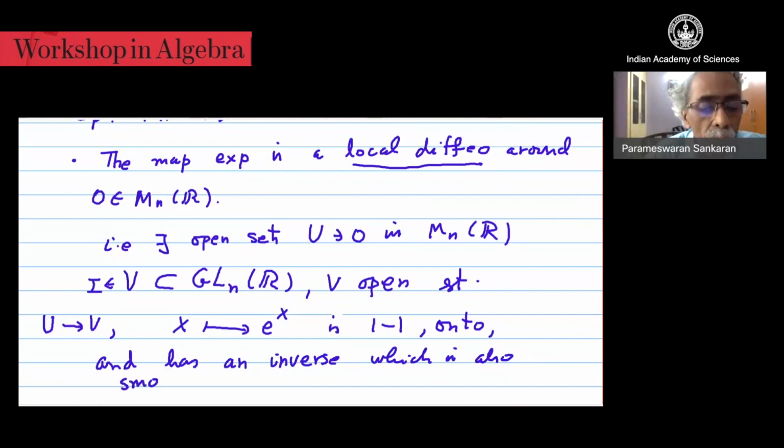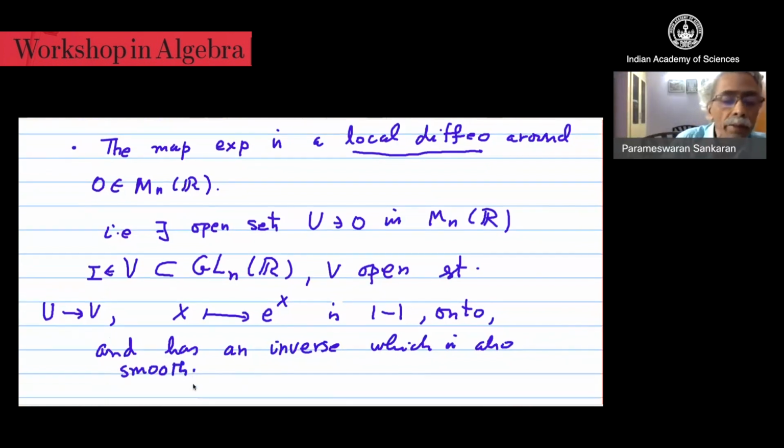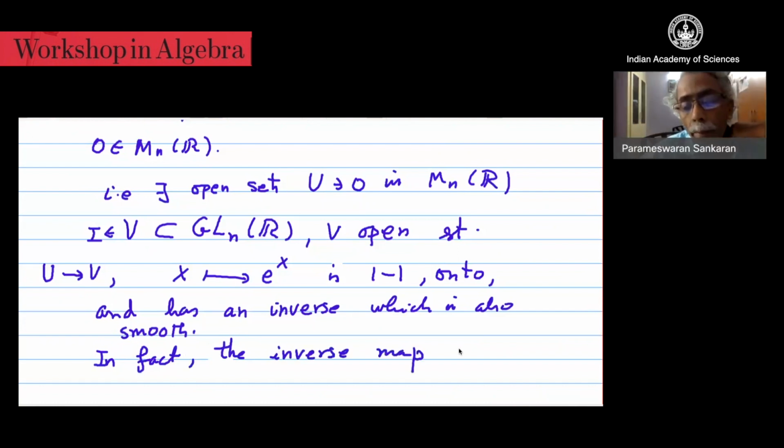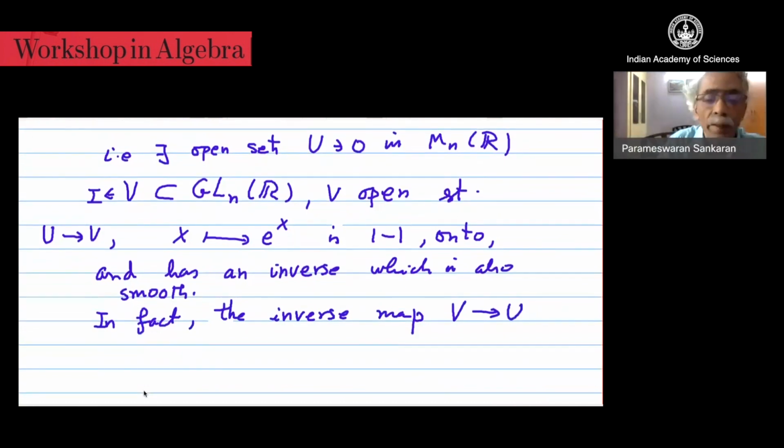Of course, exponential is always already smooth, so we know that. But the inverse is also smooth. In fact, we can choose the inverse. I make the statement and then I'll explain. In fact, the inverse map from V to U is